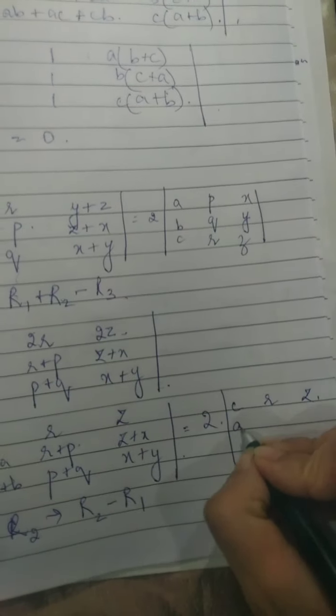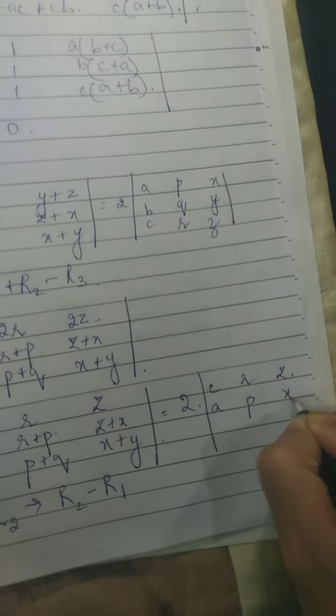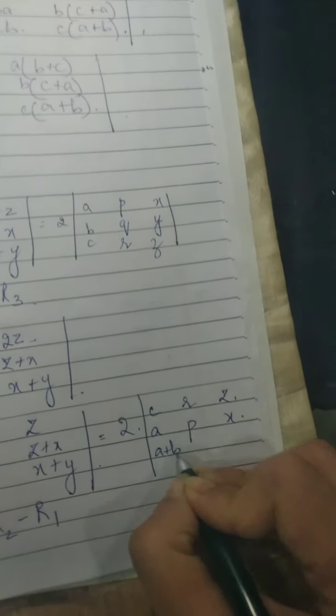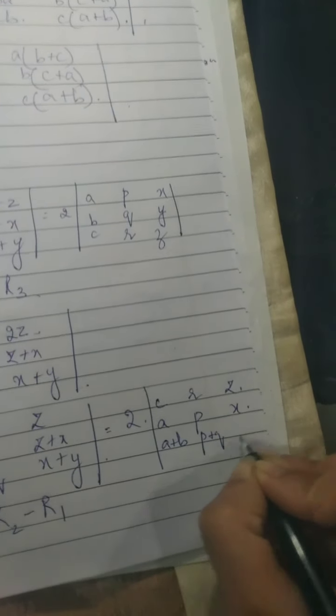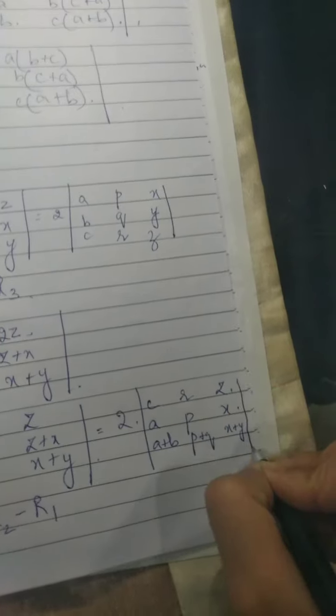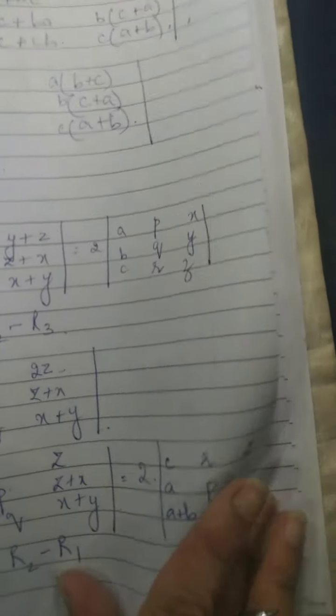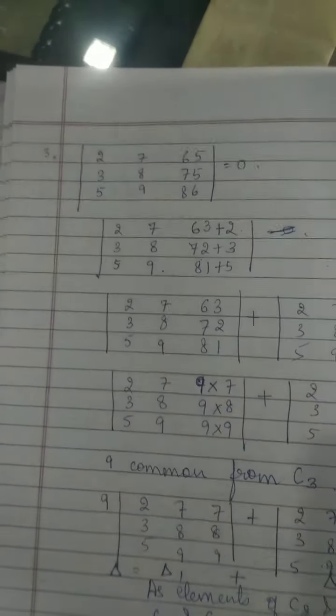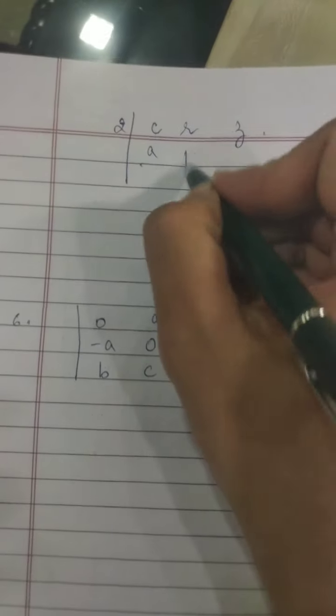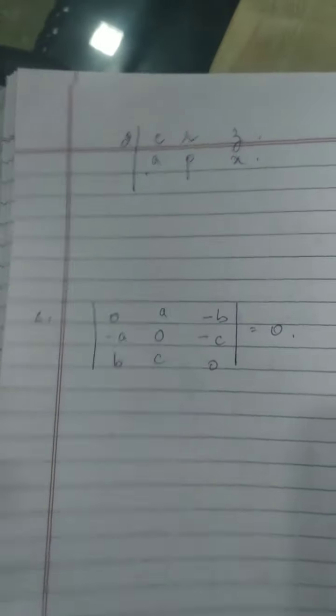So we are left with A, P and X, and here A plus B, P plus Q and X plus Y. Let me write this answer again at the back. And likewise A plus B,